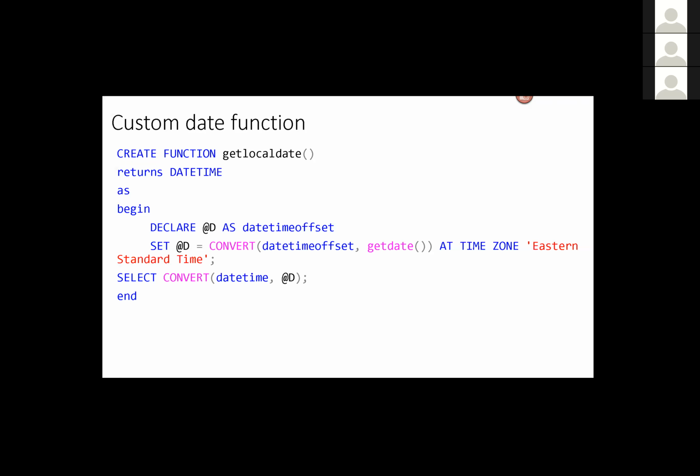So starting SQL 2016, we introduced a new T-SQL construct called AT TIME ZONE, which will return whatever time zone you are in or you want to obtain. There are like 15 or 16 pre-built time zones which we have populated. So you can use that and create a custom function, and everywhere in the application code, wherever you're using GETDATE, you have to replace that with GetLocalDate to get the right date information or to convert it to the right time zone.